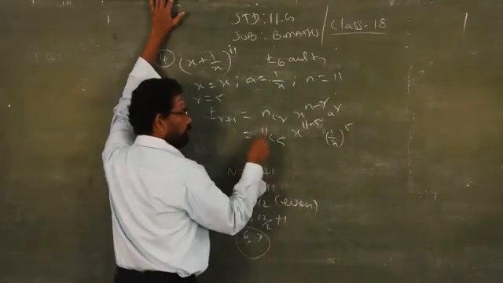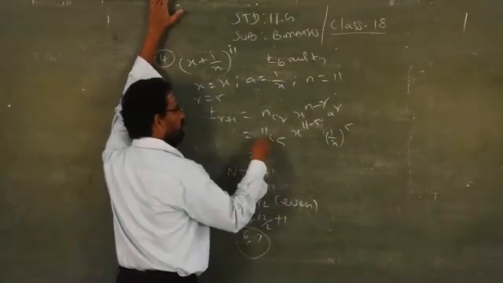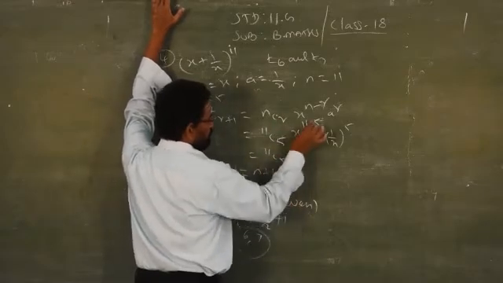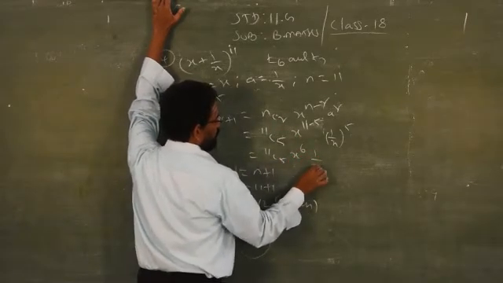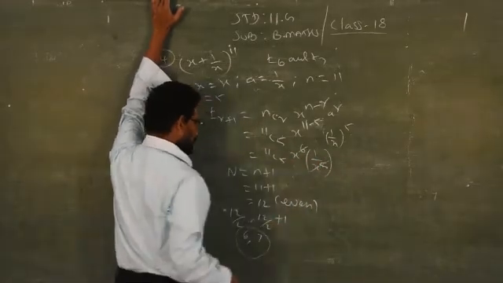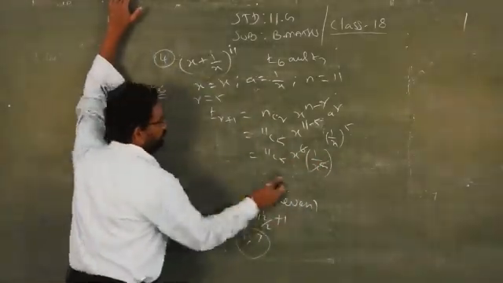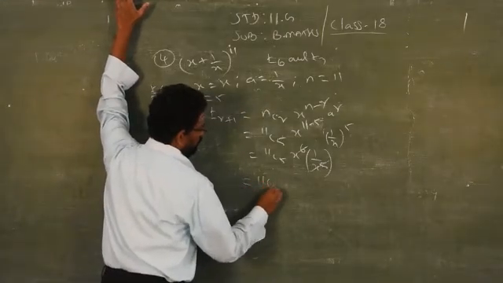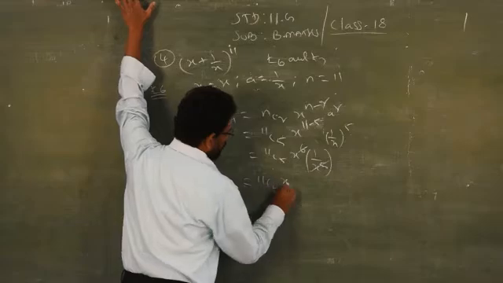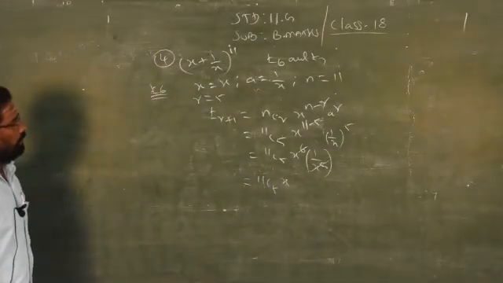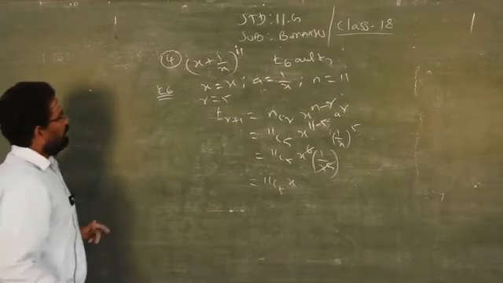So, you know how to simplify the combination 11C5, that you have to do it, x power 6, 1 by x power 5. Here it is possible to simplify, I can simplify easily. Then what will be the answer? 11C5 x, that is all. So, you have to simplify and write down the answer. Likewise,